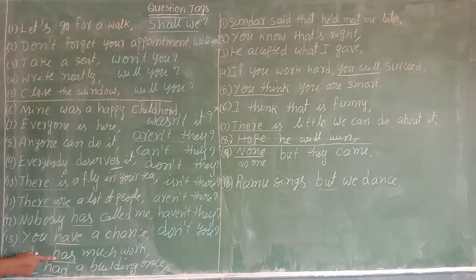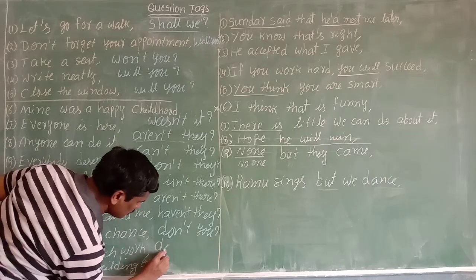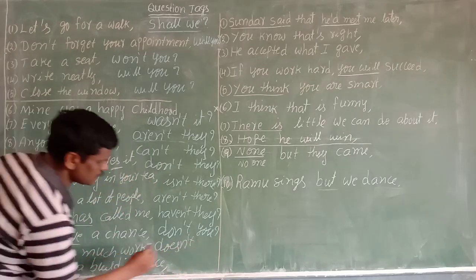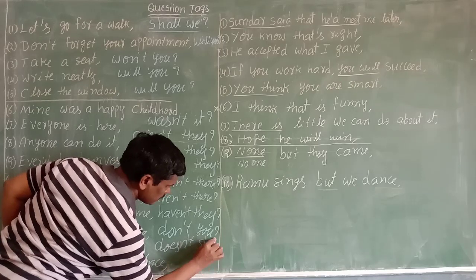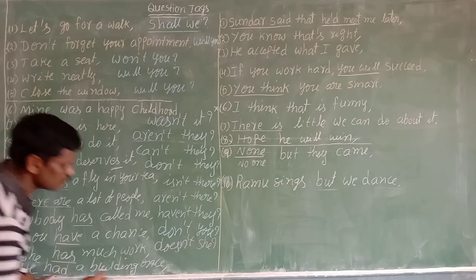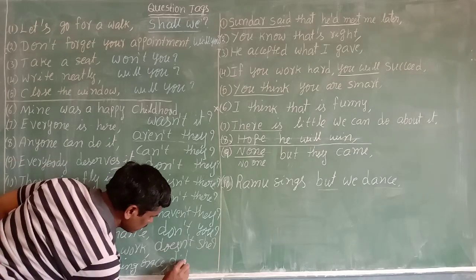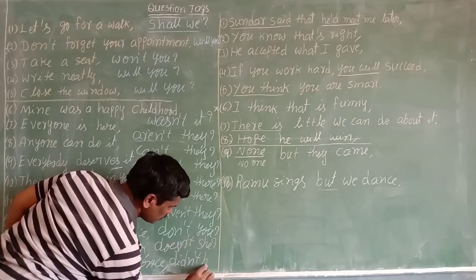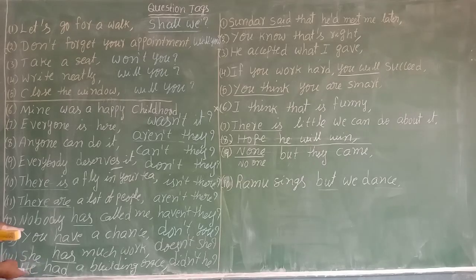verb 1. Here "has" means verb 1, because no verb 3, only one verb. "Has", verb 1, yes. Verb 1, yes, means "it does". No negative word. So "doesn't she". Friends, I think you can understand it. Now here, "he had", verb 2. Verb 2 means "did". No negative word, contraction. "Didn't he". Right. Friends, these three, I think you got my point.